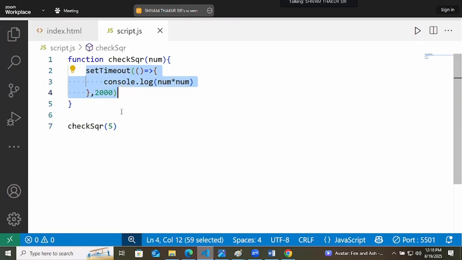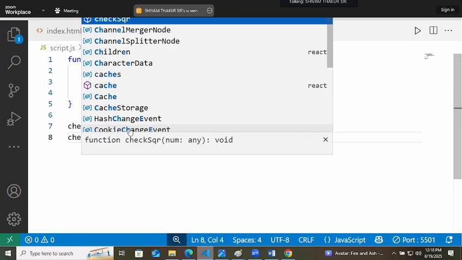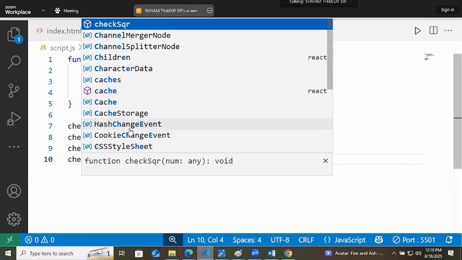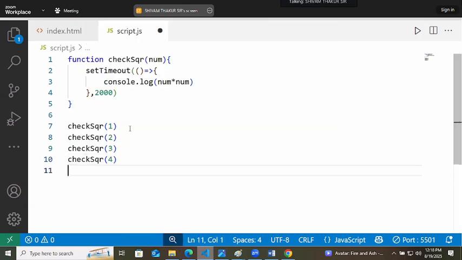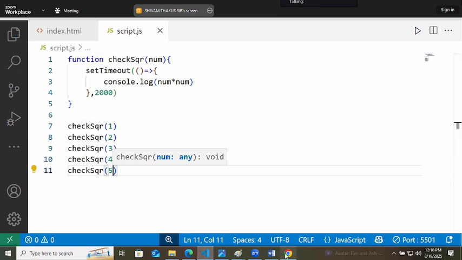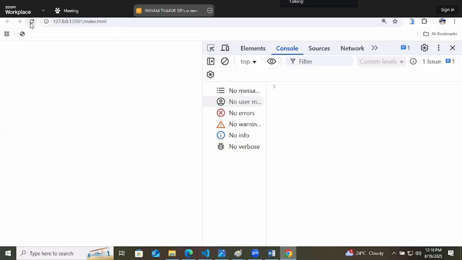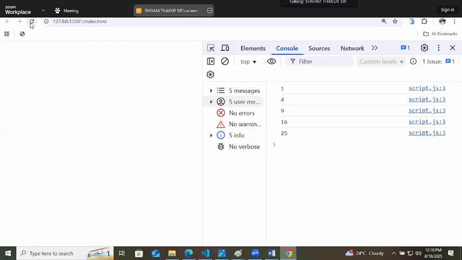Okay, fine. Let's check the square of 1, 2, 3, 4, and 5. What is the problem here?